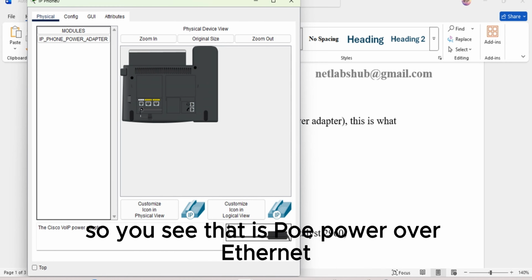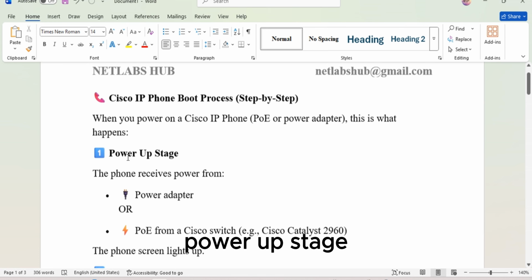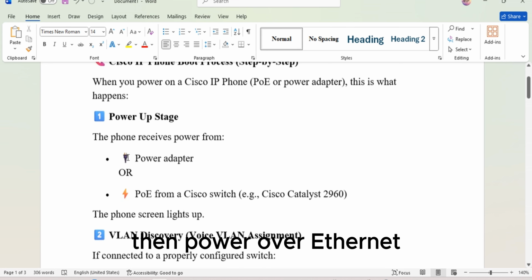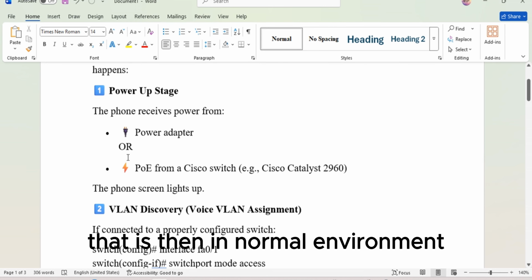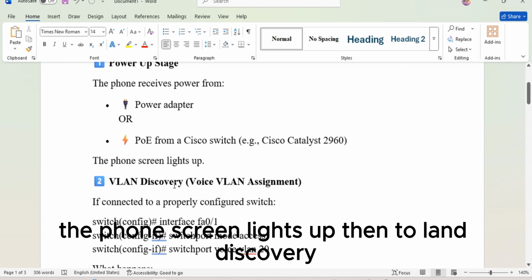So you see, that is PoE, power over Ethernet. So the first step is the power up stage, where the phones receive power through the PoE, power over Ethernet, that is. Then in the normal environment, the phone screen lights up. Then to VLAN discovery,